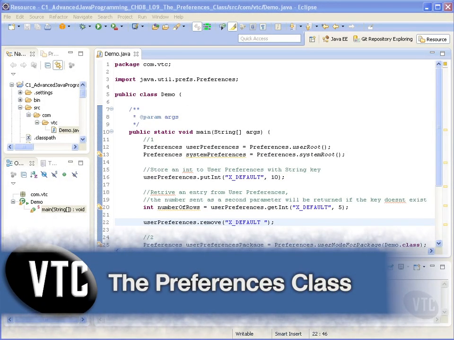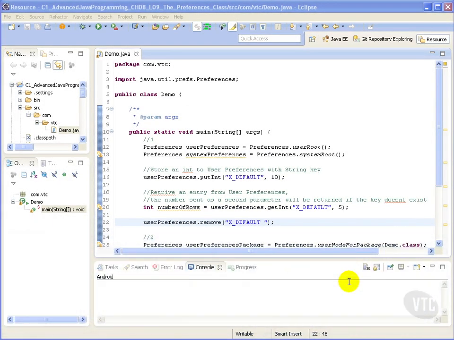In this video, we will introduce the Preference class within the Java programming language. The Preferences API is often used in graphical applications. It provides a lightweight and simple way of storing application and user preferences without directly accessing the file system or